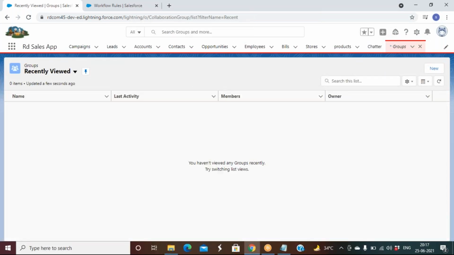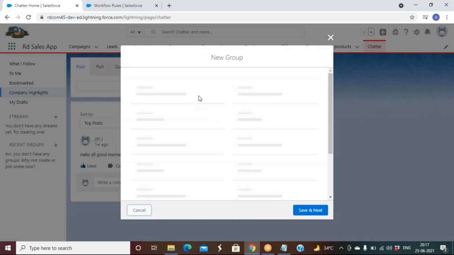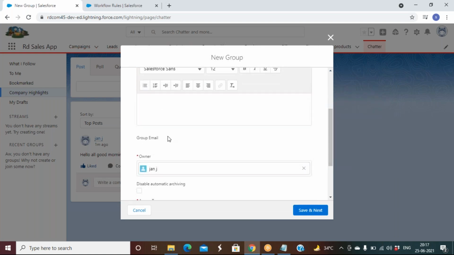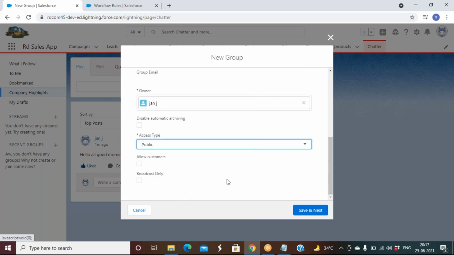And groups. Okay, just close here, I can click new group from here, or else just click on the plus tab, it asks for the group name, so I'll say the group name as RD gang. You can write the description about this group and any information about the group. And then access type: anyone can post, or you can restrict it, it's a private group, no, public, anyone can post anything.